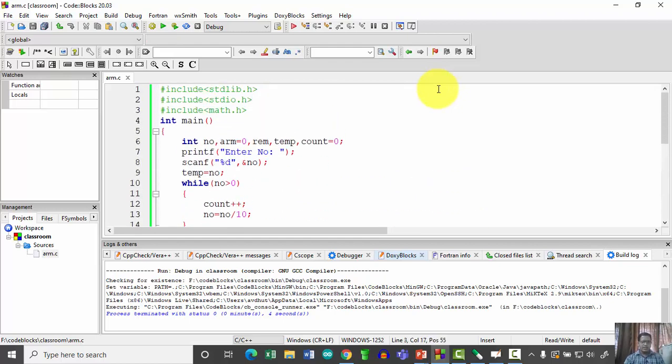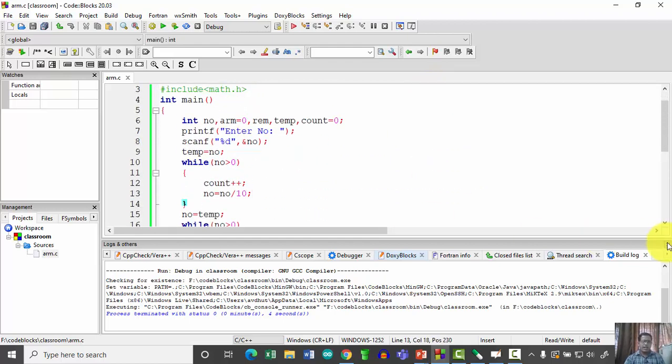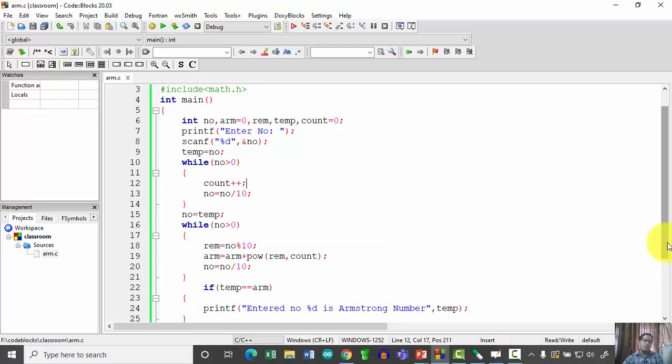So as discussed, this loop is going to give us an idea about the total number of digits present in the number. Then simple, using this POW function, I am going to calculate the nth power, which is nothing but the count value power, for each of these digits here.